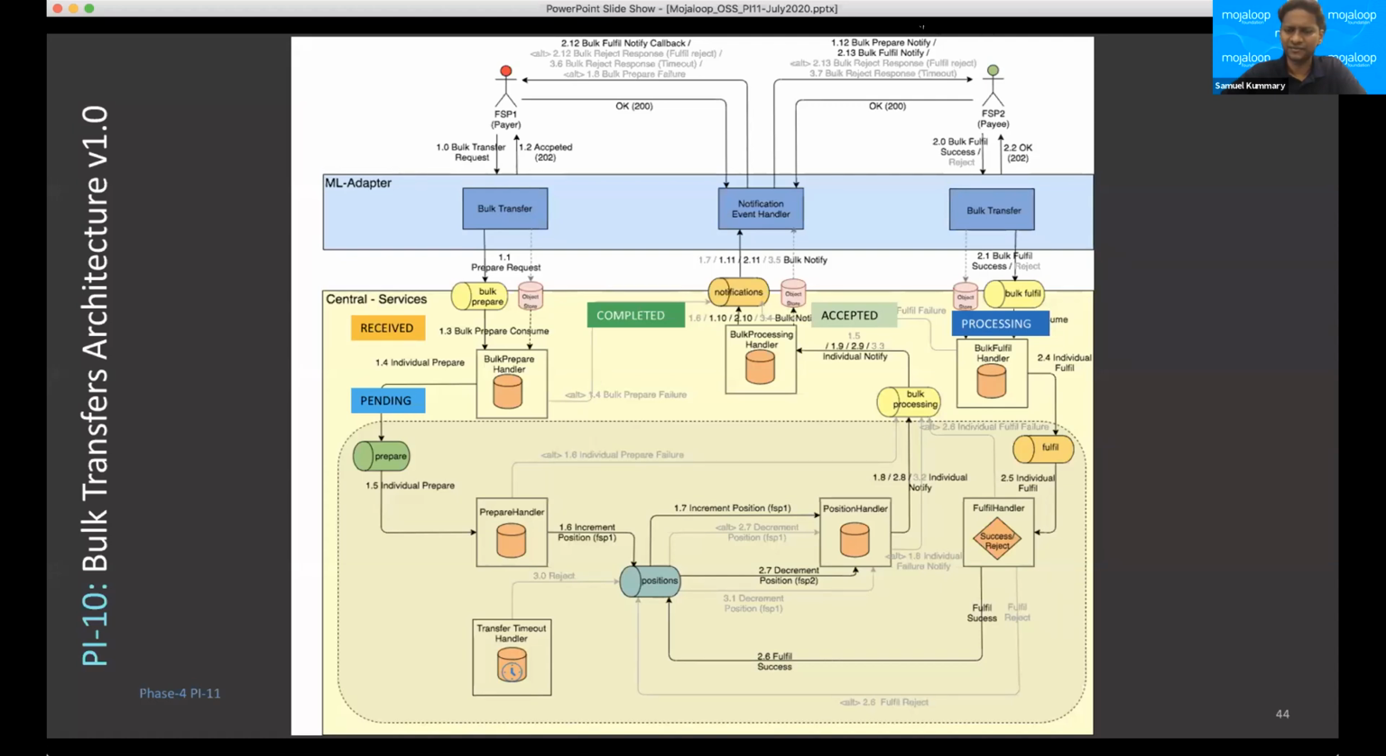I think what Rajiv brought up is pretty interesting here. Typically on a GET, when we want to query a transfer, the payer and payee FSP see the same information for a given individual transfer. Only the payer and payee FSP can see the information for an individual transfer, but even then both of them see the same information because essentially it's a single transfer. However, in the bulk case, it's a little bit